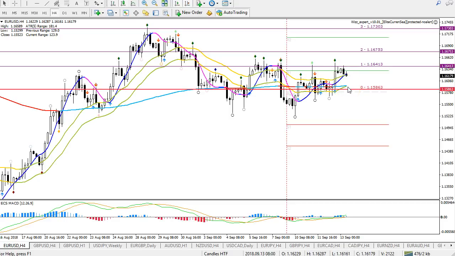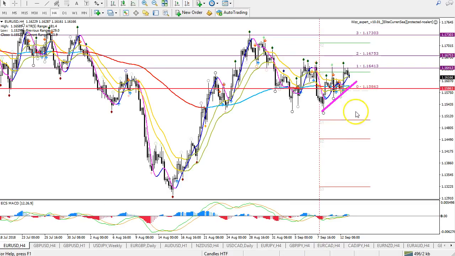The 21 EMA is pretty much bullish at this moment, but its position versus the 144 EMA, right on top of it, is not that great. So I'm leaning towards a bullish continuation, but it still remains a difficult spot. If it does break below the 21 EMA, there could be a bigger correction on the euro dollar, and we might get a push down to the S1, for instance, at around 115.